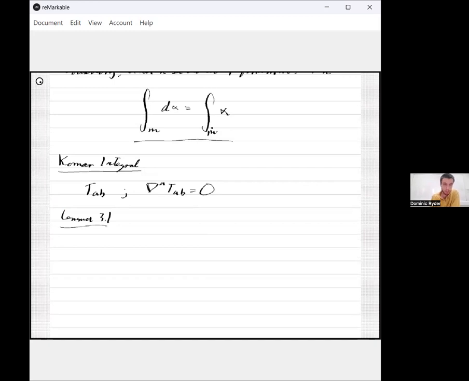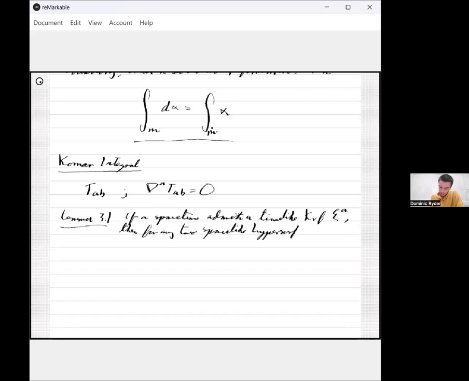Lemma 3.1. If a space-time admits a time-like Killing vector field xi, then for any two space-like hypersurfaces, sigma and sigma prime, which bound a region R,